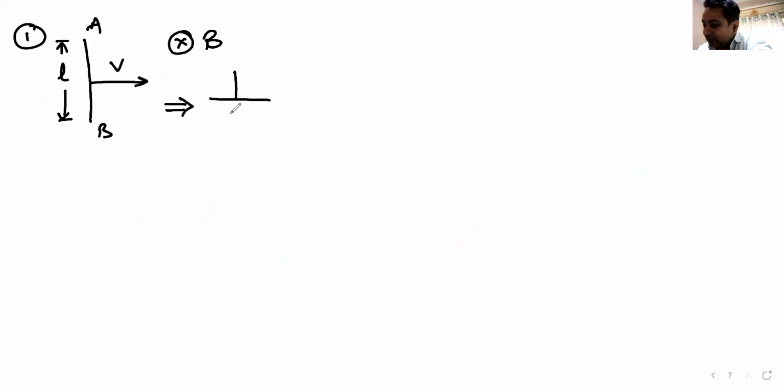Case number 1. My AB conductor is like this. My velocity is perpendicular. Length is L. Magnetic field is inside. In this case, what happens? It gets converted into a battery. And it looks like this. How did I get the positive terminal and how did I get the negative terminal? V is here, B is inside. I did V cross B and see where my fingers are pointing. My fingers are pointing towards A. So A becomes the positive terminal, B becomes the negative terminal. Yes or no? Yes, sir.